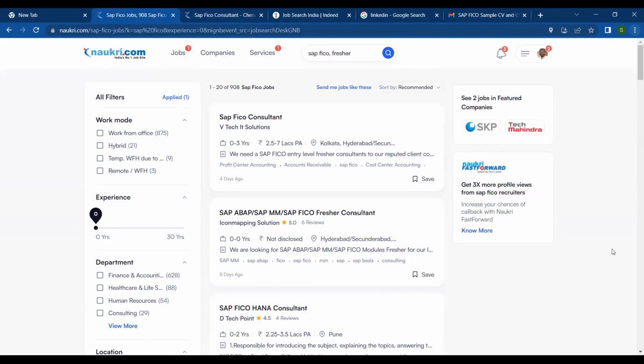Then once your CV is selected and you get a call from HR to schedule an interview, 25% of the work is done. Of the remaining 75%, again 25% is done when they schedule the interview, and the other 50% is your skill, whether you are able to clear the interview rounds or not.